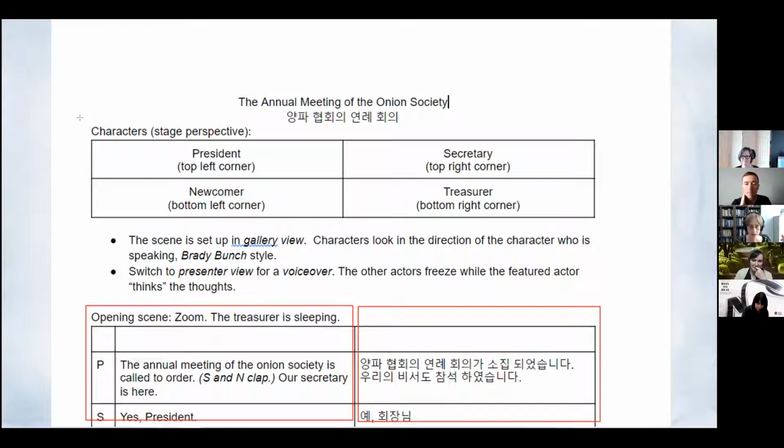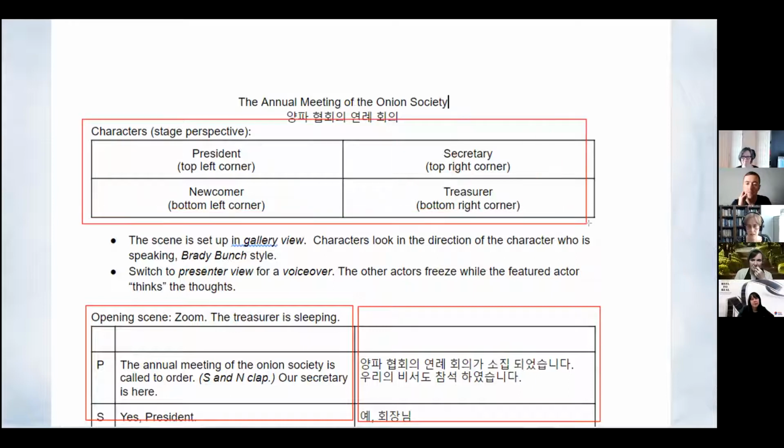I knew that it was going to be a problem to pass things because of the mirror image in Zoom. The default mode in Zoom is a mirror image of what your audience will see. And I knew that would be kind of confusing. So I thought I would tell my actors to think of their interaction from what we call stage perspective in theater. So this is stage perspective. President is on the left, secretary is on the right.